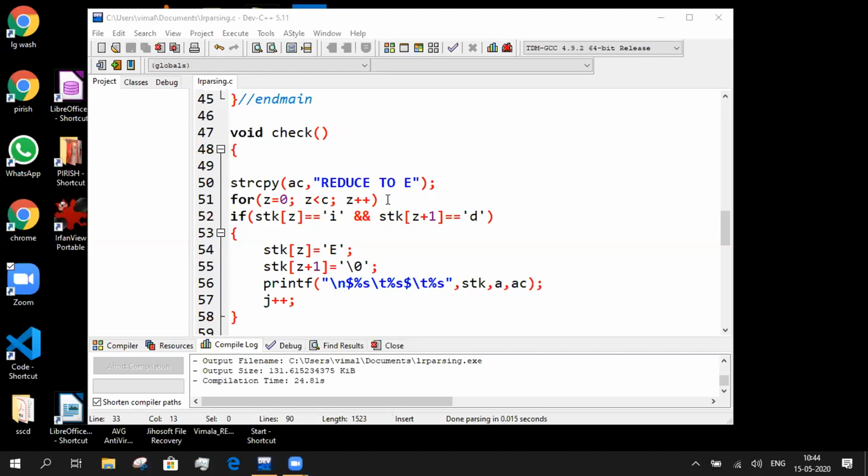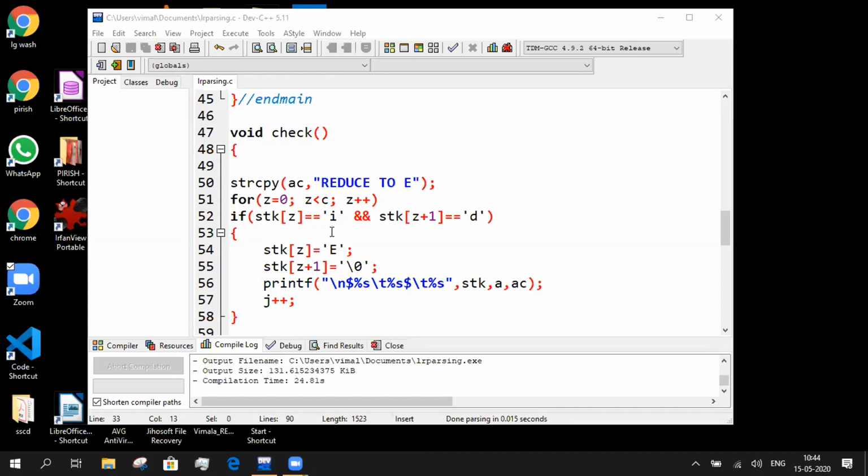Here in fact Z is pointing to the stack. Of course, I is acting as the top of the stack. Here one more pointer we have which is pointing to the stack, that is Z. We do not know the measure of the size of the stack, right? Roughly we have estimated it as C, because even if the input buffer contents completely got transferred to the stack, max to max the length of the stack might be only C. So we have roughly assumed it as C.